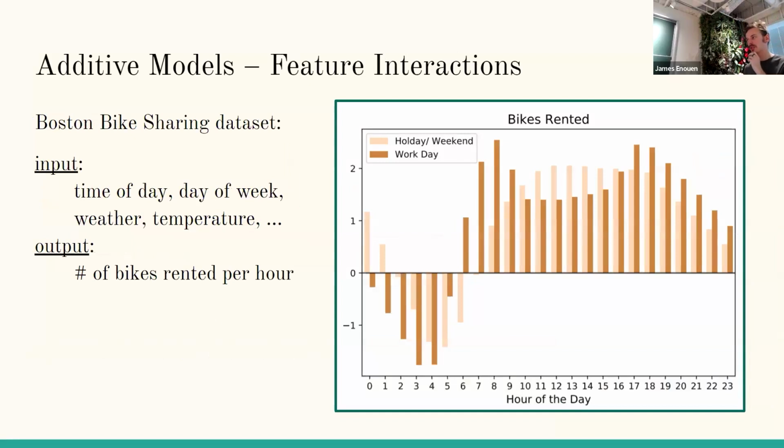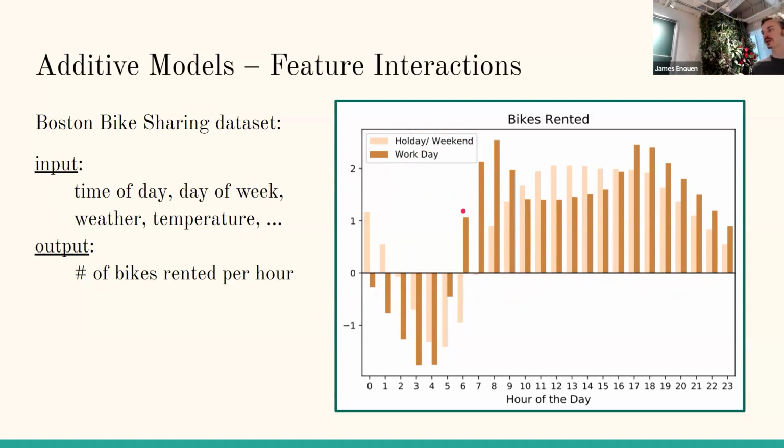And I just want to briefly mention that it's not just some theoretical problem, the XOR problem. This is some example data set where you can see the goal is to predict the number of bikes that are rented every hour. You can imagine a more recent example might be those scooters that are everywhere. And you're trying to predict based off the time of the day, the day of the week, the weather, the temperature, all these different features. And there's an interaction between what time of day it is, the hour of the day, these 24 hours, and then whether it's a workday or a weekend.